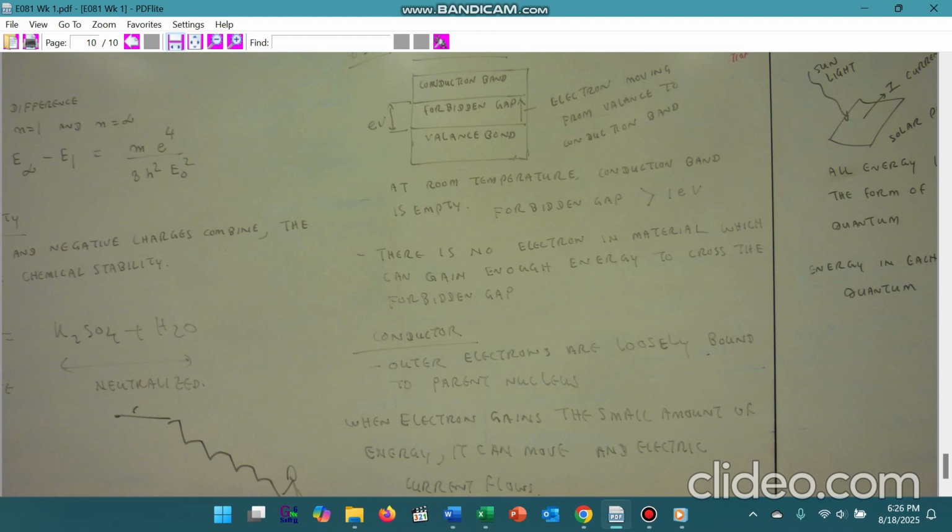So we can explain the insulator and the conductor in terms of the material science aspect, as well as why insulation breakdown happens and what the reason is. We can explain it with the energy diagram like this. Okay, that's all for